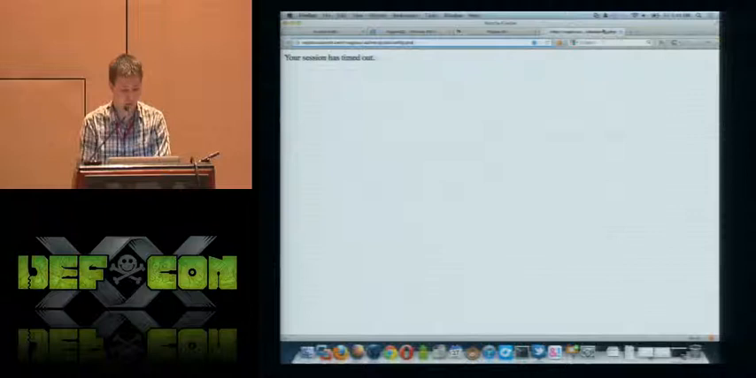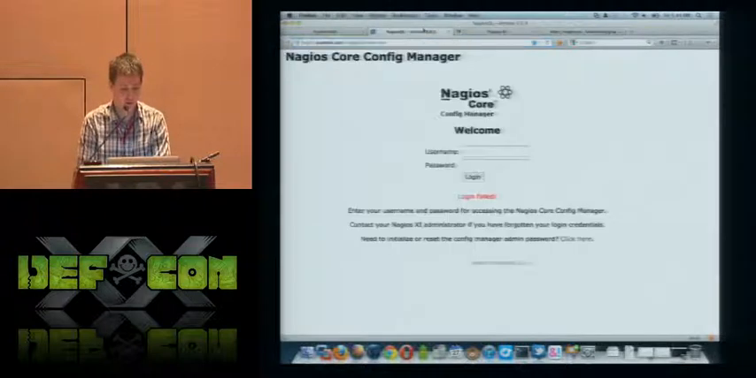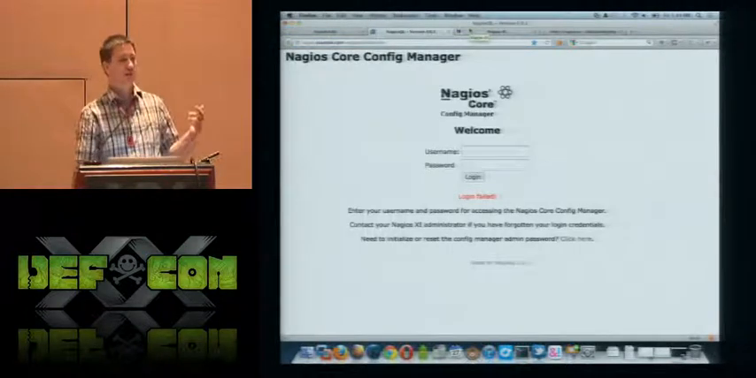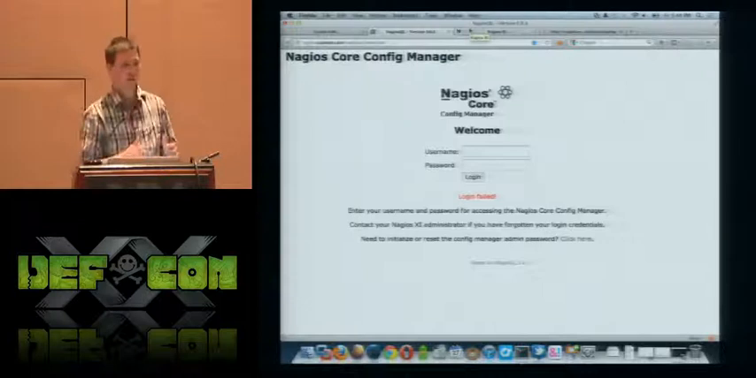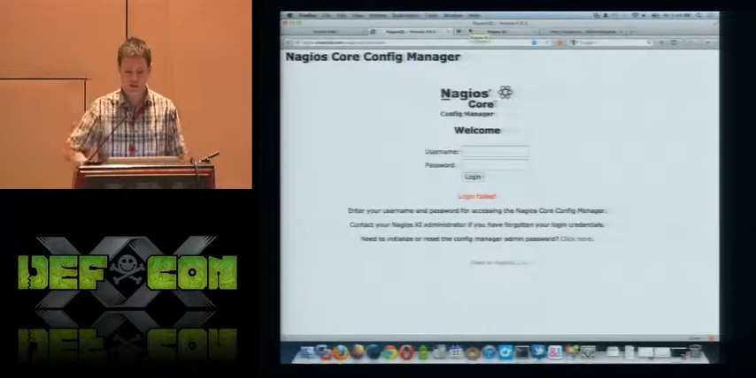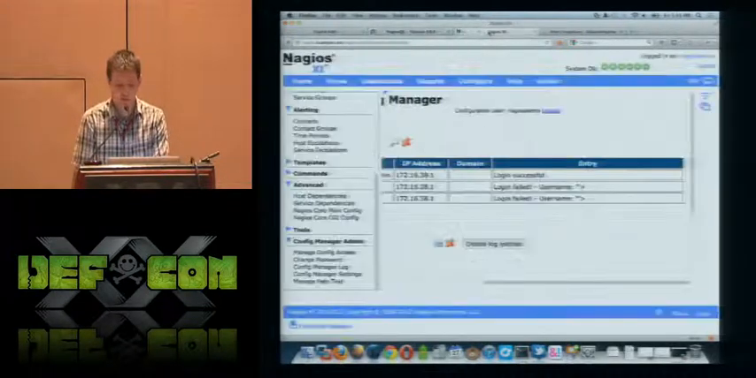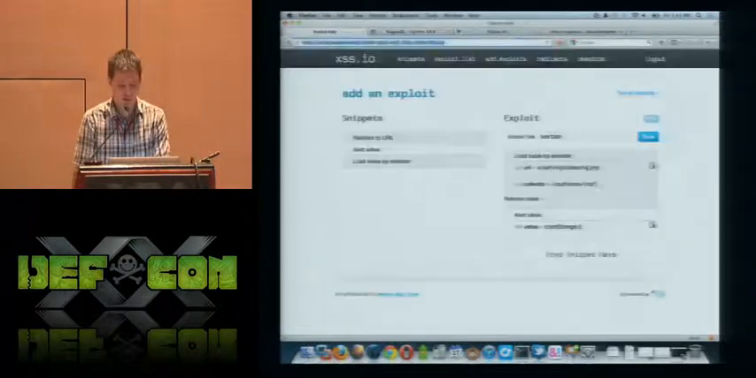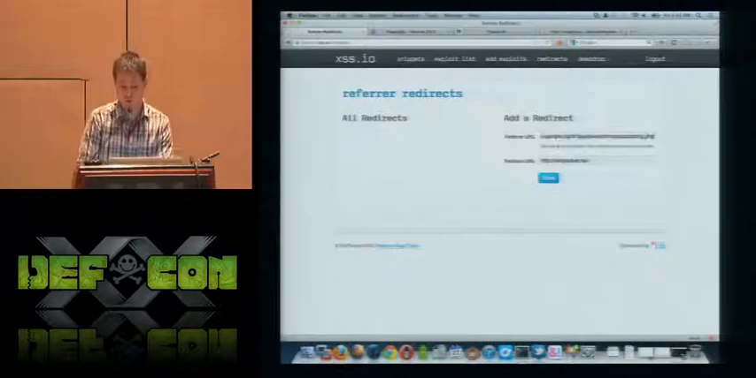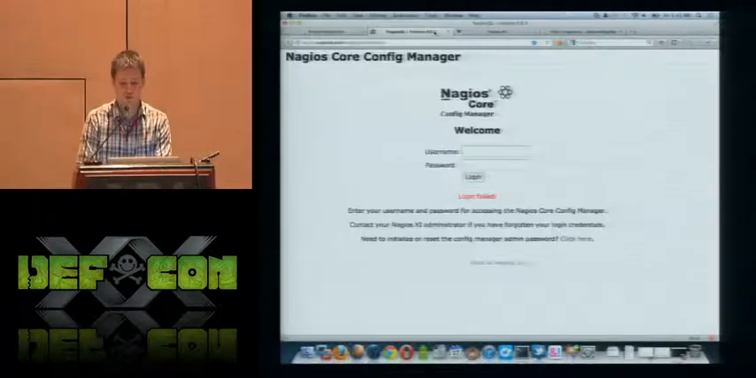Now let's say we have limited space. Let's say we actually need every single character for XSS.io, and we can't have any trailing anything. Let's show the referrer working in action as well. We're going to add a redirect from that particular URL that gets loaded, and we're going to redirect that to,